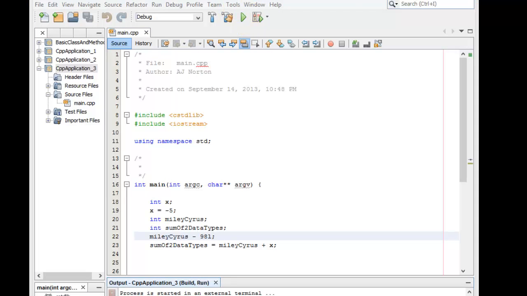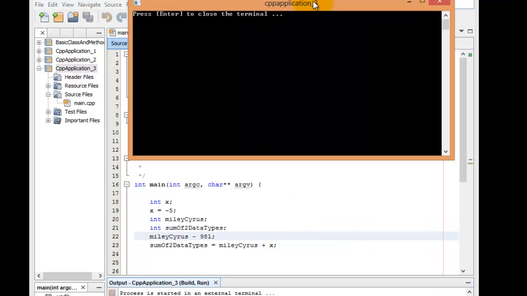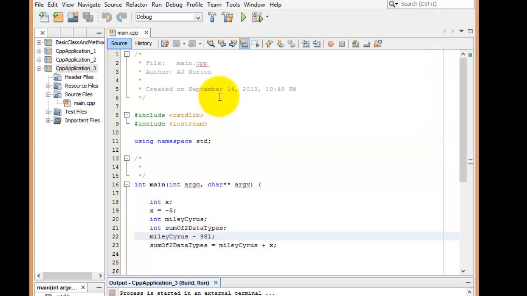So exciting. And the code compiled. But as you can see, if you've been a really good detective, I have an error here. I have Miley Cyrus minus 981. Sorry, I'm not actually assigning Miley Cyrus a value of 981. What I'm doing here is just going Miley Cyrus minus 981. Now you would think maybe that assigns Miley Cyrus whatever the old edition was minus 981, but